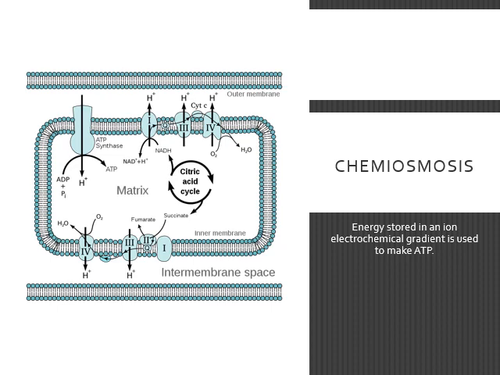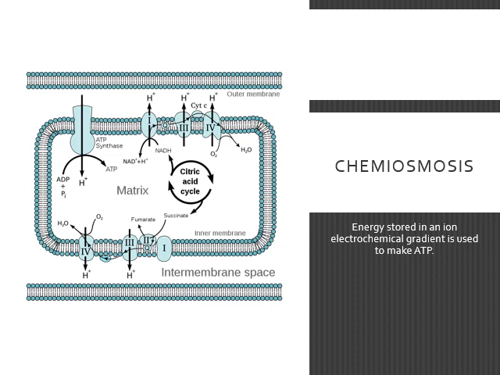Okay, now we've got to remember what a gradient is. So what's a gradient? Solute will follow its concentration gradient. So if you have a high level of solute in this space here, it's going to want to get into that space there. It wants to go from high to low concentration. It wants to diffuse. Make sense? So what we do in our mitochondria, aerobic cellular respiration, how we produce ATP, is we're going to